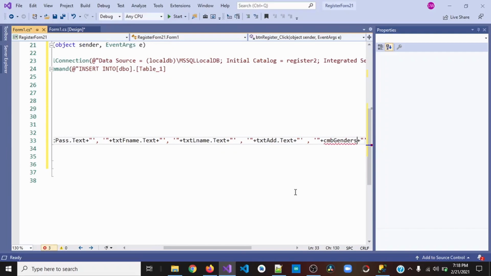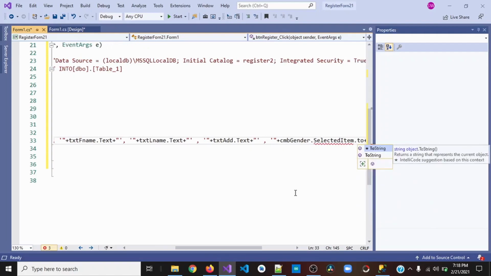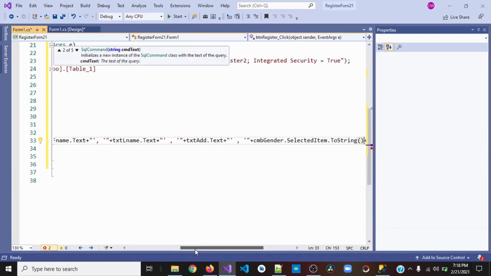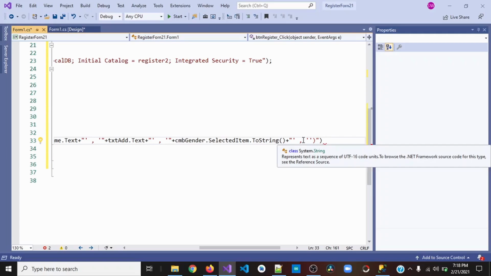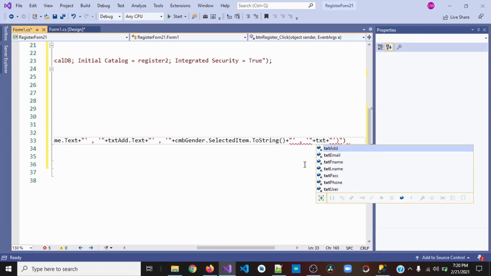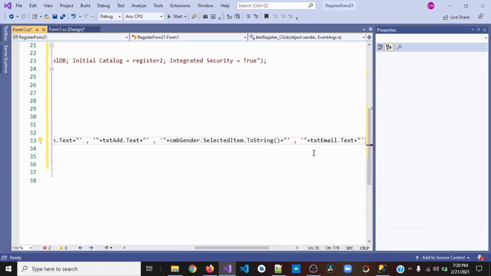selected dot selected item dot to string, and put a plus, a comma, and then two colons, two upper commas, and a plus. So our next one is going to be txt email dot text and put a plus,